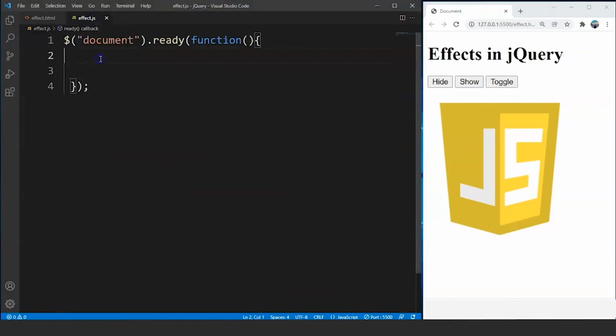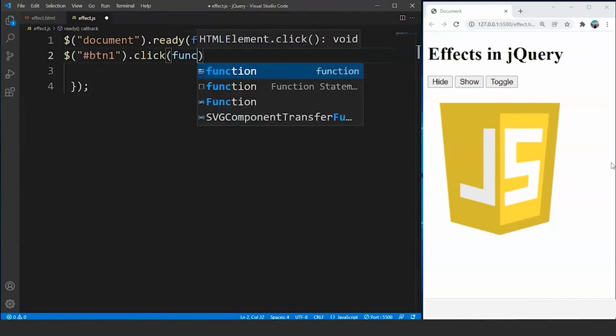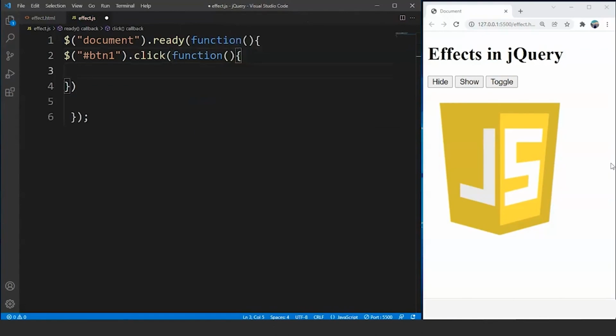So here's a JavaScript file and we have the ready function here already. So we'll write code inside this particular event only. Now what we'll do is we'll write $, and then we'll write button 1. We'll access this button with ID btn1. Then we'll write click is the event, and we'll write function, and the function is going to be an anonymous function. Fine. Next up we'll write $. Then we'll access the image with ID img1. Then we'll write .hide,